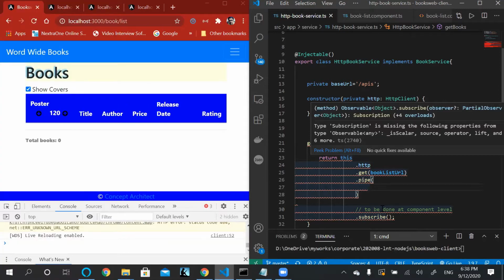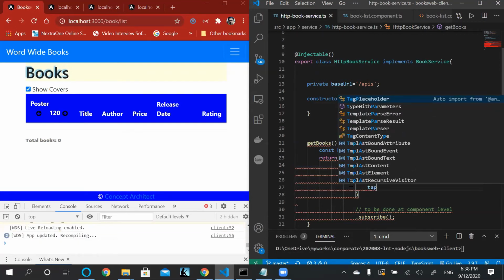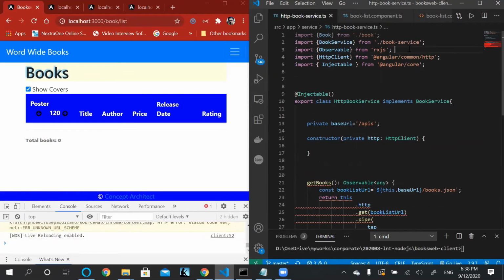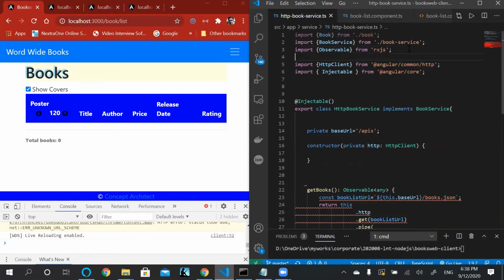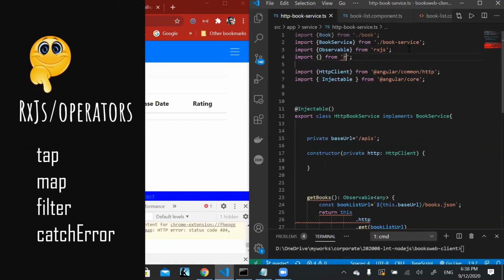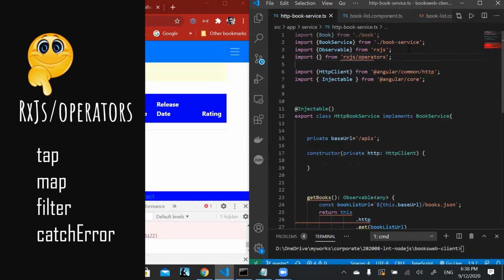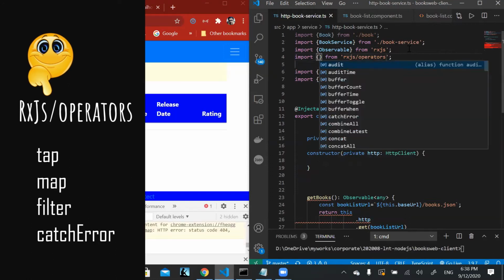For example, one of the simplest operators is one called tap. Tap is defined as one of the RxJS operators, so we will come and say import from RxJS operators, and you can see there is a lot.